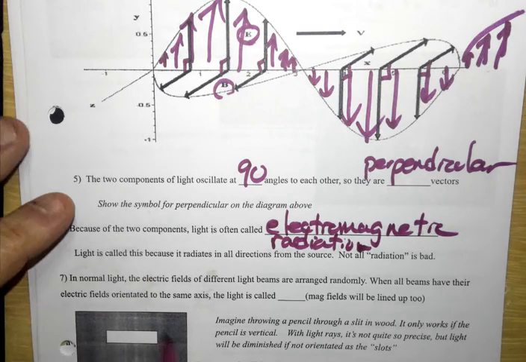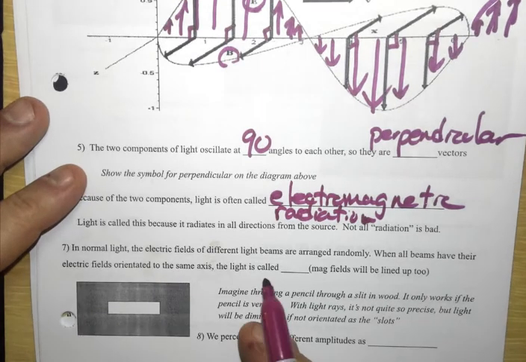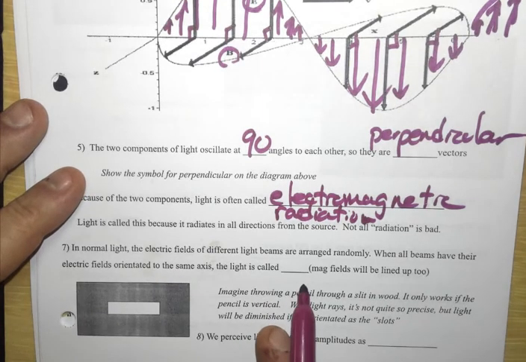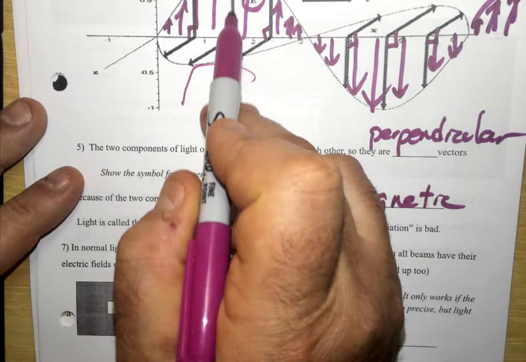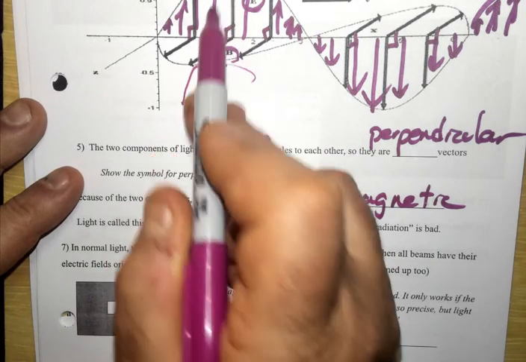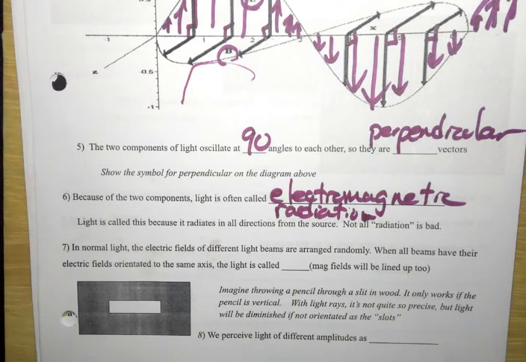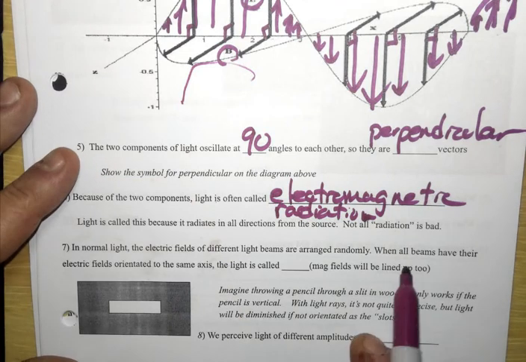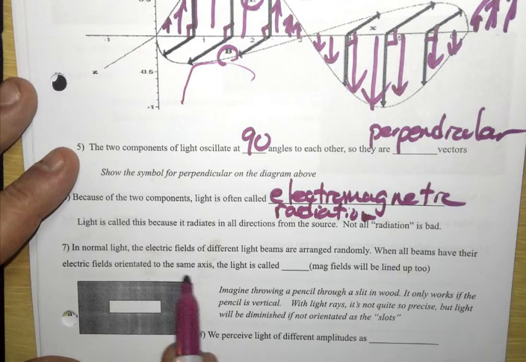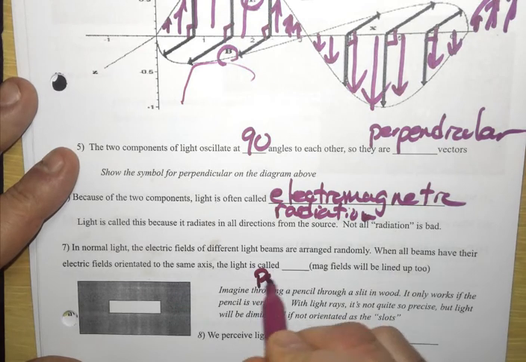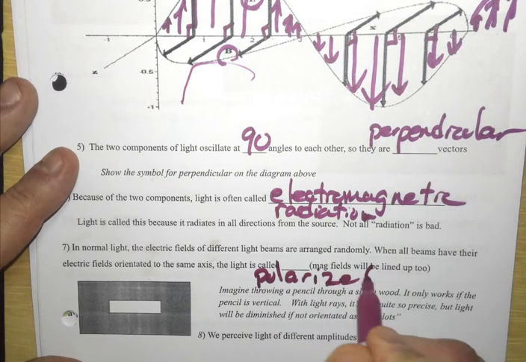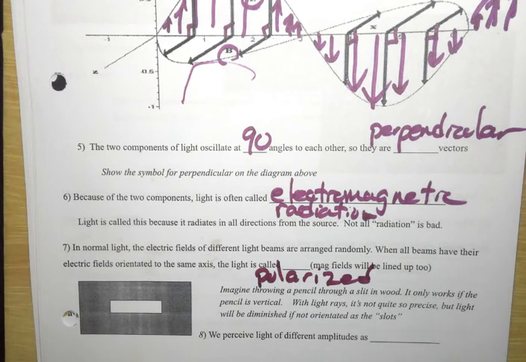In normal light, electric fields of different light beams are arranged randomly. In other words, in some light beams the E is up and down, in other places the E is sideways, and in others it's at an angle. It's all randomized. When all beams have their electric fields orientated in the same axis, it's called polarized light. If the electric fields are lined up, the magnetic fields are automatically lined up as well, because they're